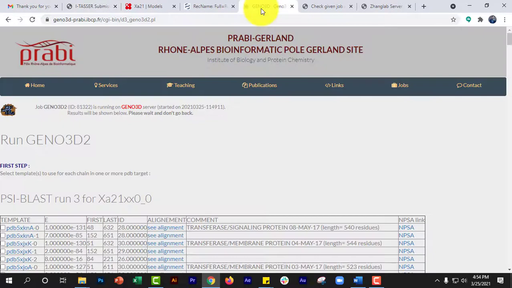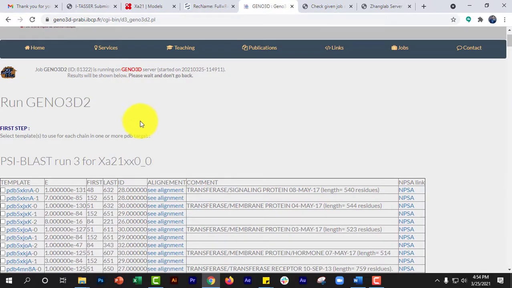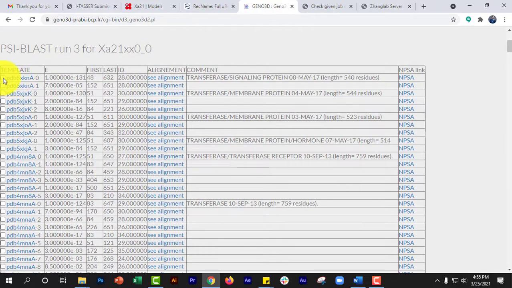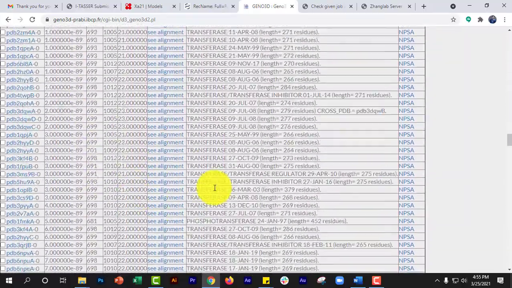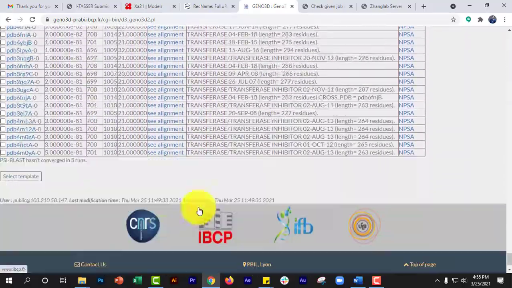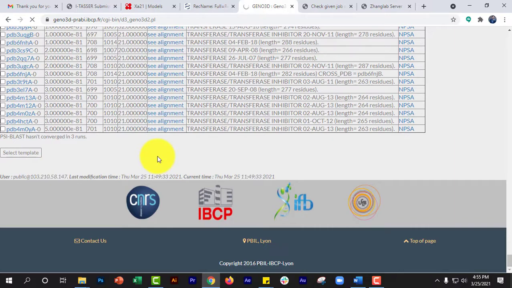Okay, let's look into some other servers. In the case of Geno3D, you have to select the template. For example, I'm selecting the first template for this case, and then I have to run the job again. So select template,